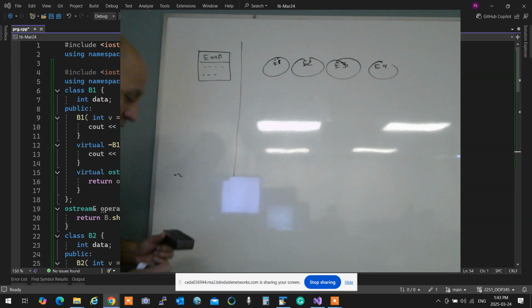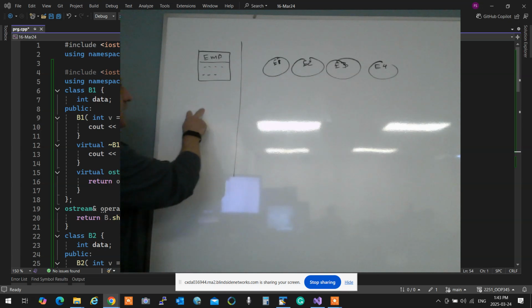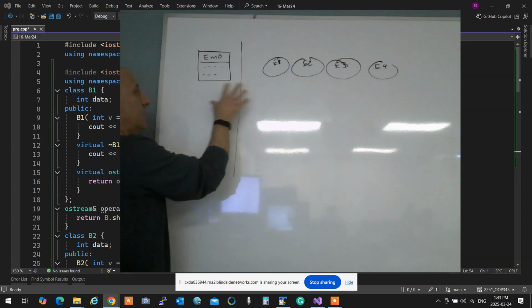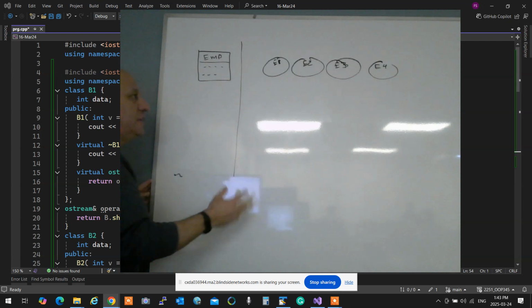So, as I was mentioning, for those of you at home, we have two different types of diagrams with respect to the classes that we have in a program.